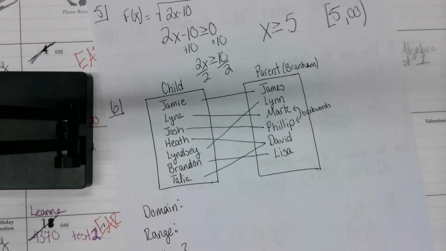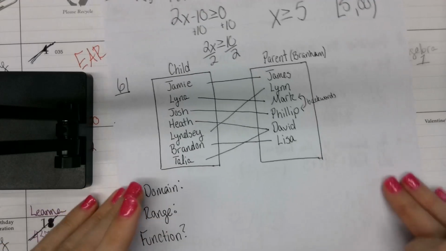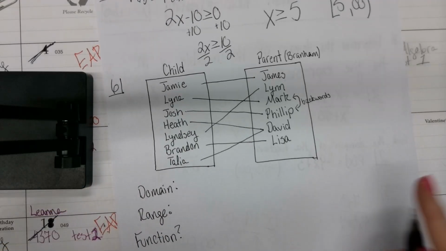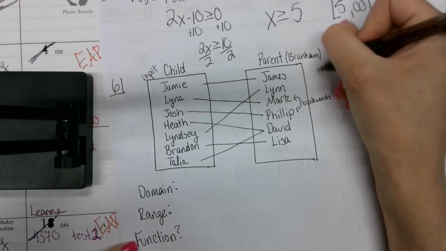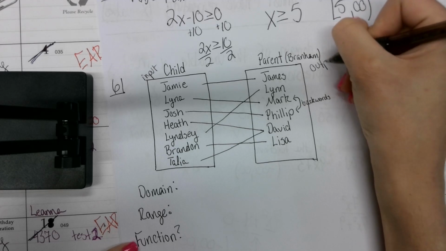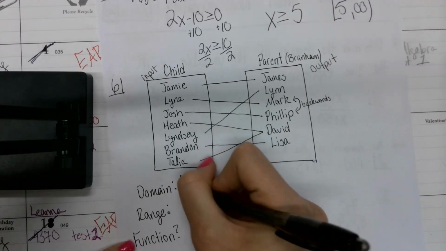Here's the input-output table they gave us. So the domain is always the input, and the range is the output. So our domain